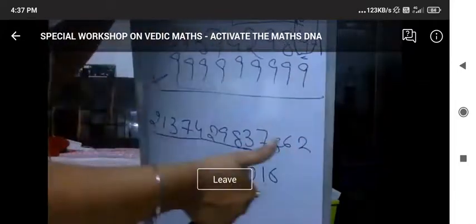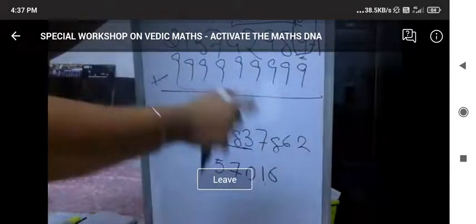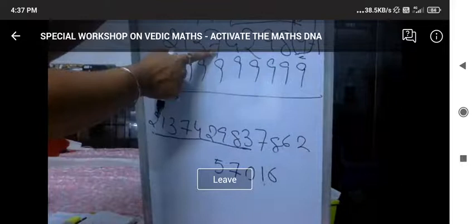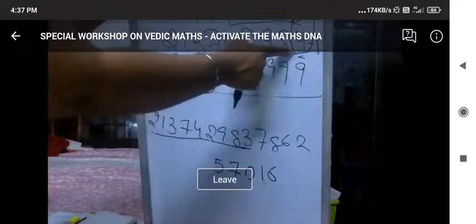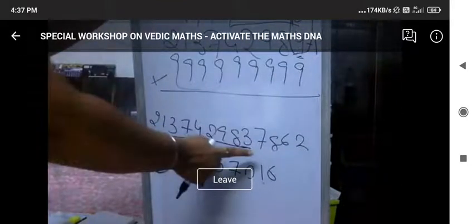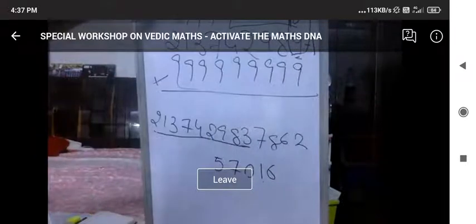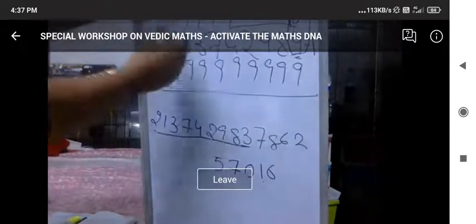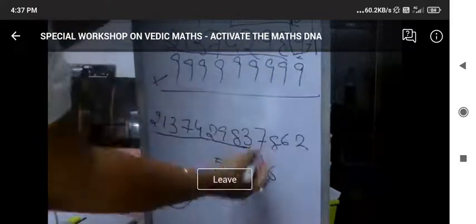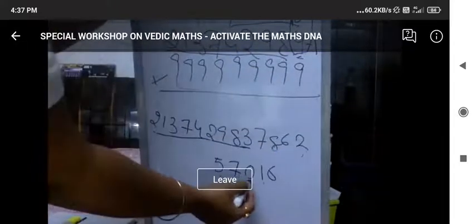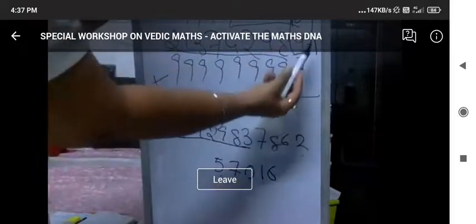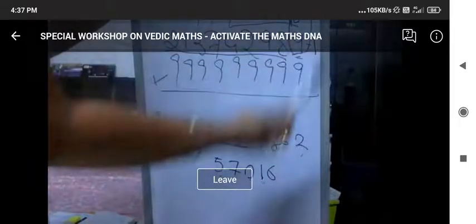I'll repeat it for you. First step, take the predecessor of your multiplicand. That is 213742983, and here it will be 3 in the end. And then subtract all the digits from 9 and the last from 10. Subtracting all the digits from 9 will give you 78625701, and the last digit 4 subtracted from 10 will give you 6.